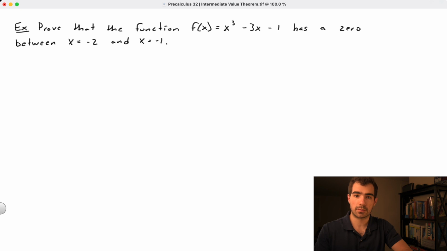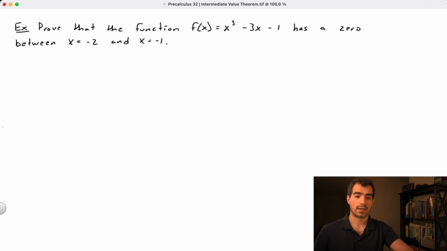And now this theorem will be useful for a lot of things, including informing how we can graph these functions, which we'll do in the next video. But for now, what we can do with this is prove the existence of a root on some given interval, where the values of the function at the endpoints have opposite signs, either one positive, one negative, or one negative,